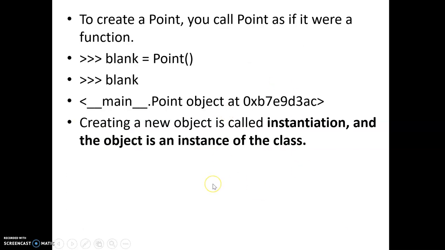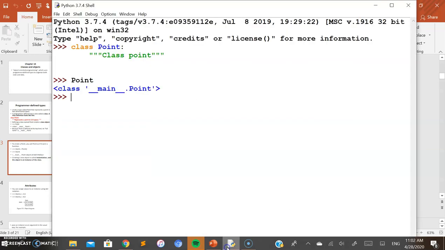Next we'll see how we are able to create an object for a class. Here we have already created a class known as Point. Next, we want to create an object for this class. How can we create it? Take any variable name of your choice with the equal to assignment, and then take the name of the class followed by the parentheses. Do not get confused here: while creating the object for a class, the parentheses need to be included, just exactly like calling a function.